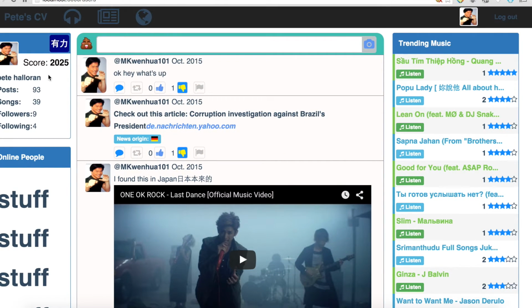Additionally, I want to point out a few things, like this right here. This score is a model that tracks how many points you get socially. How I got this score was through a seed migration script that counted all the different attributes. I had points set up so that maybe you get followed by someone, you get a certain amount of points. You upvote, you get a certain amount of points. You comment, you get a certain amount of points. You post, you get a certain amount of points.